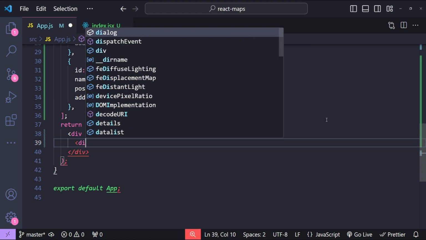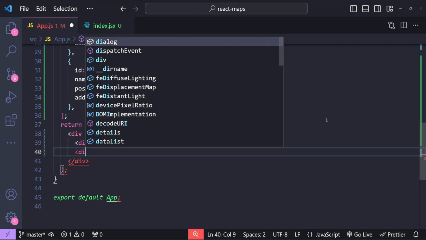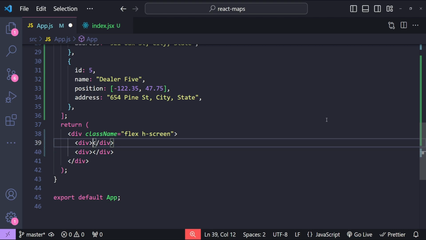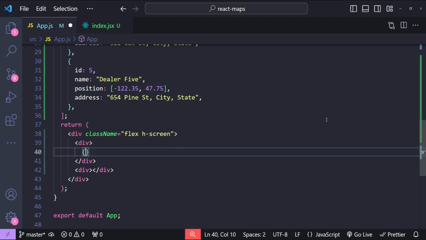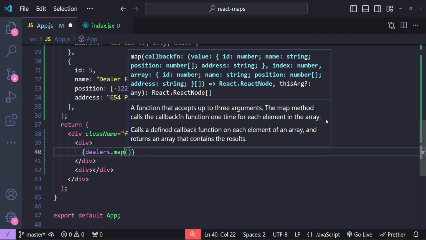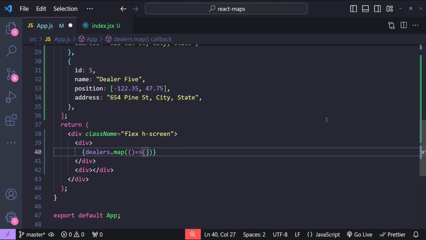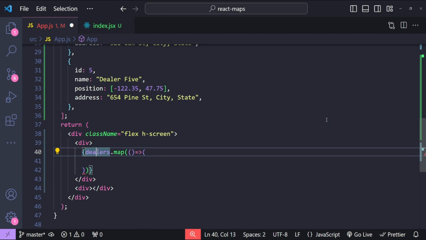Now let's add two divs over here. First one is going to be for our dealer list, and the second one is going to be for our Azure Maps. Now for dealer list, I'm going to add the expression, so dealers dot map, and I'm going to provide a function. So instead of this parenthesis, I'm just going to use curly brackets to directly return the value. So for each